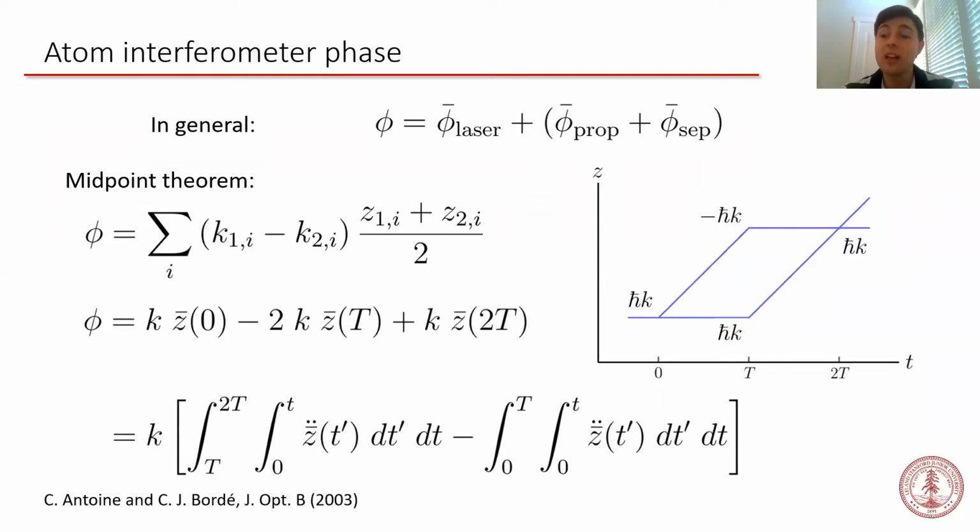The favorable scaling of the acceleration sensitivity with the interferometer time is why our apparatus is so tall. We have 2.5 seconds of freefall time available, which allows us to operate interferometers with up to 1 second between pulses. We can also increase the sensitivity by increasing the beam splitter wave vector k, which corresponds to increasing the momentum difference between the interferometer arms.